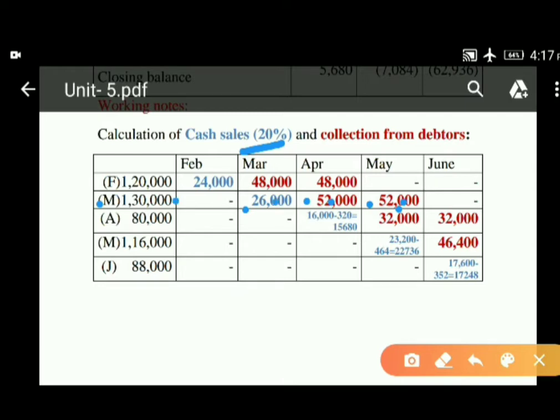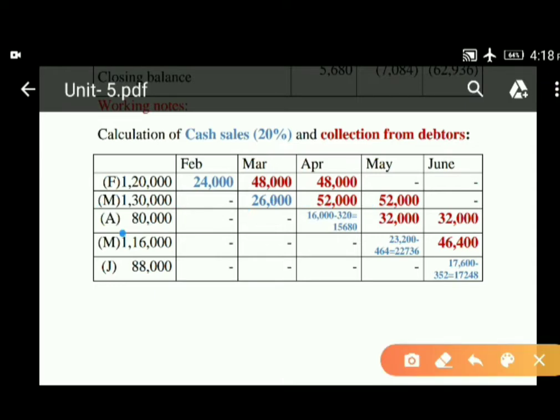So here likewise March sales 1,30,000, out of 1,30,000 20%, that is 26,000 rupees are the cash sales which will be collected in that particular month March only, and the remaining 1,04,000 are the credit sales should be collected in the next 2 subsequent months equally, that is 52,000 in the month of April and remaining 52,000 in the month of May. And next